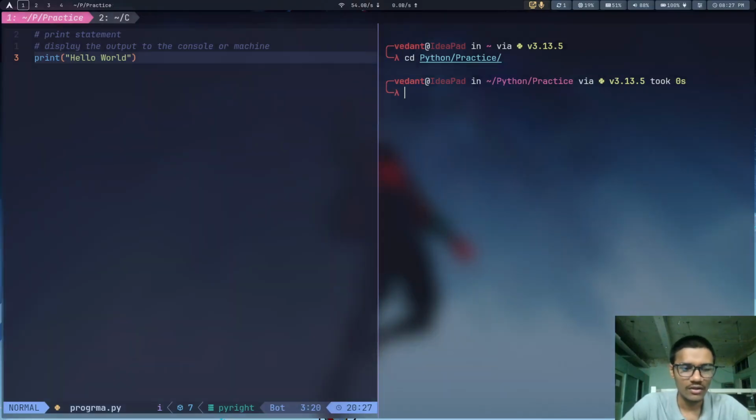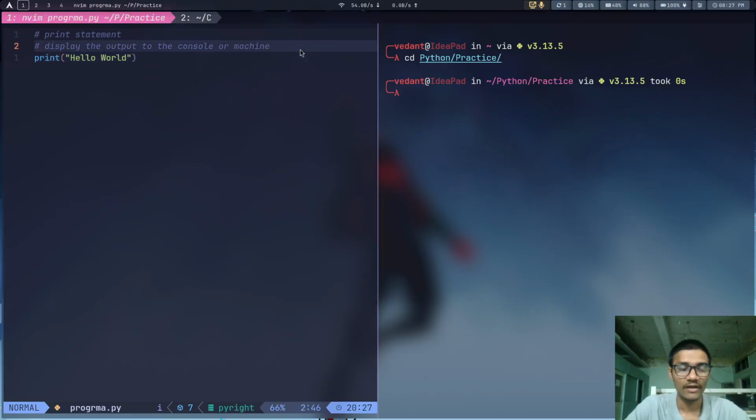Let me tell you, in C language, the compiler compiles the entire code into a language the machine understands. But that's not the case in Python. Also, in C language, if there is even a single syntax error, your entire code won't get executed.